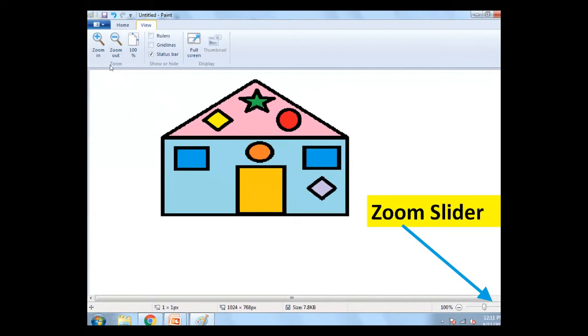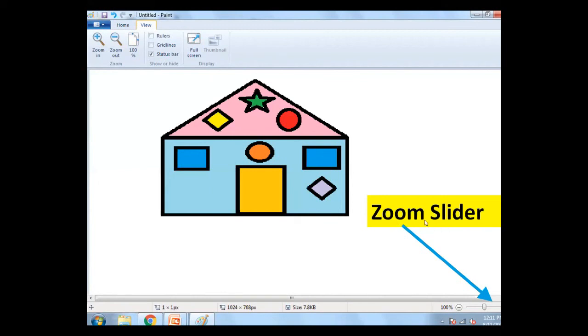So there are three options in the zoom group: zoom in, zoom out, and 100%. The zoom in option is used to increase the size of the image. Zoom out is used to decrease the size of the image. And the 100% option is used to see the actual size of the image.